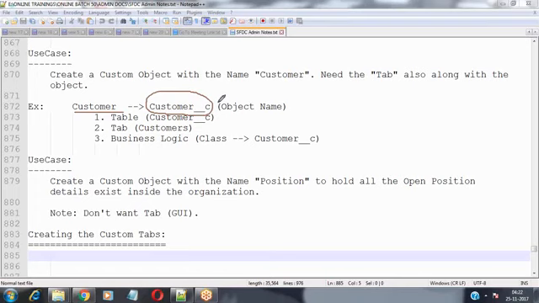Now, in order to differentiate which one is standard and which one is custom, Salesforce follows a specific notation: each and every custom object name will be postfixed with __c. This __c represents that this is a custom object.